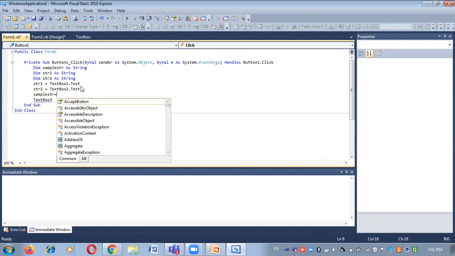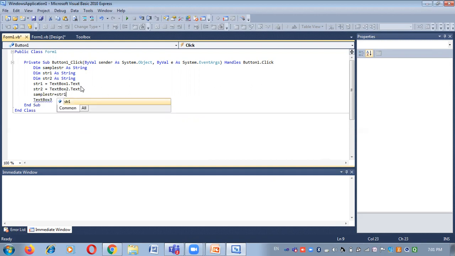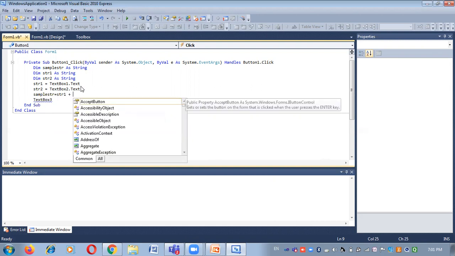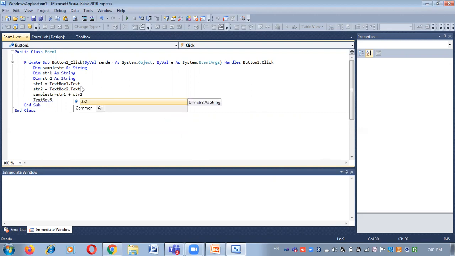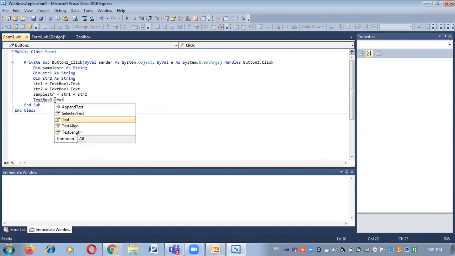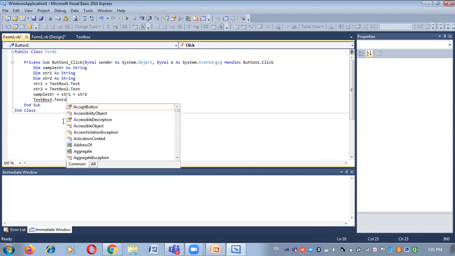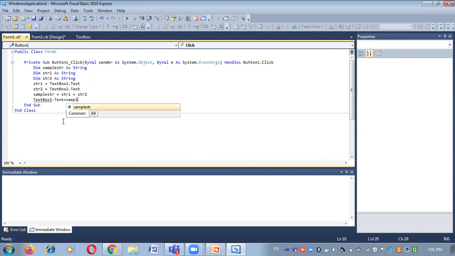In sample str, we stored the value of string 1 plus, the concatenation operator, plus string 2. And then in text box 3 we can store the value of sample str. Then compile your project.